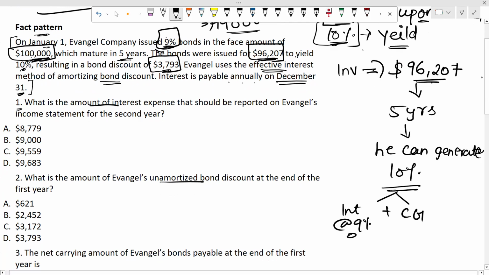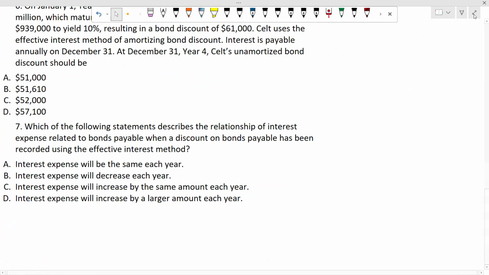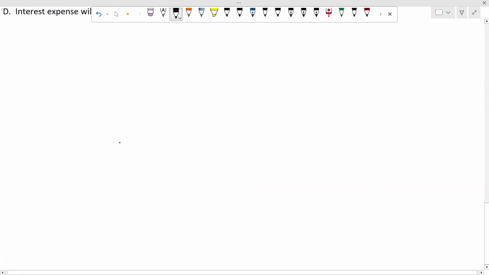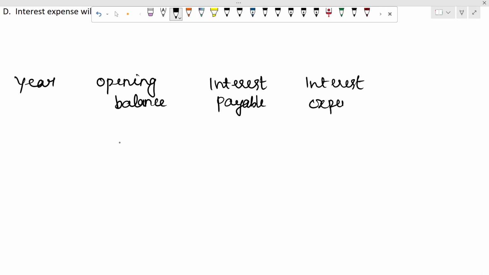It's based on this fact pattern. So based on this fact pattern, we will solve the question for all the 5 years. And then we will do the question number 1, 2, 3, 4. So for all the questions based on accounting for bonds payable, we can follow a particular format, that is year, opening balance, then interest payable, interest expense, closing balance, then